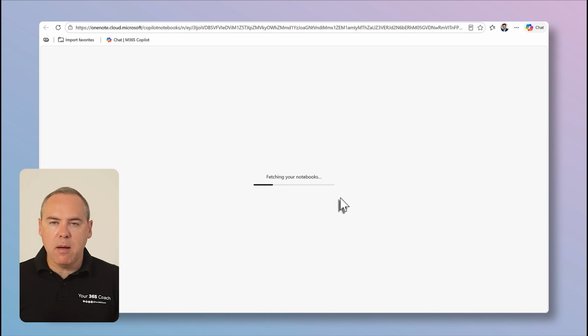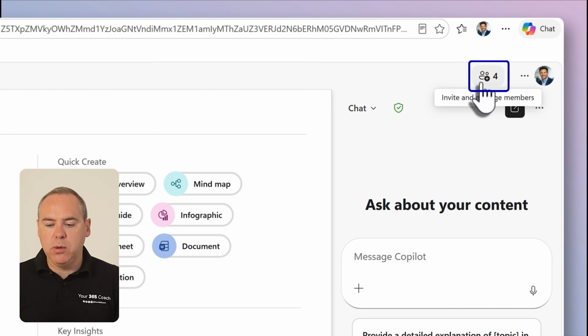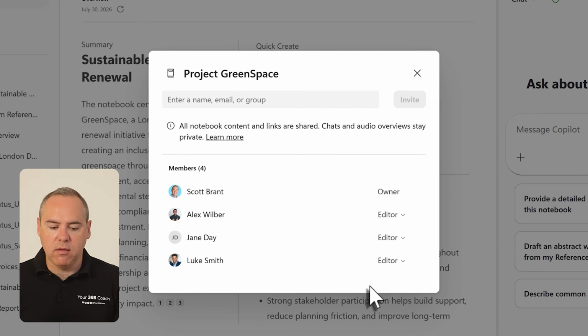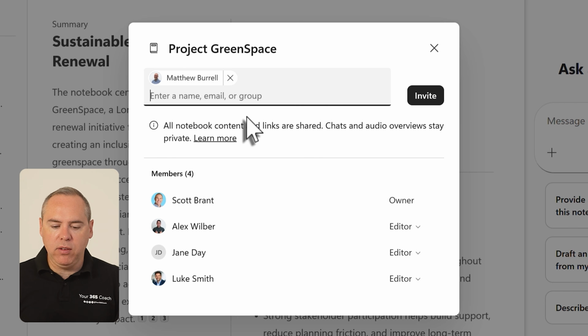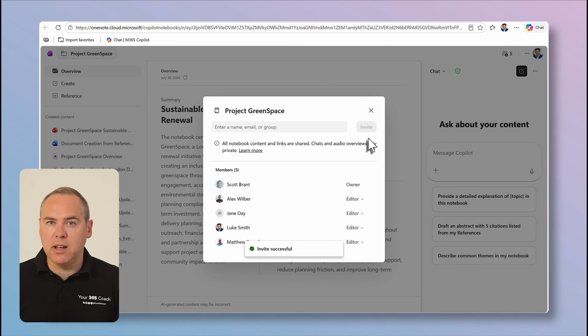the OneNote app. And within here, we can now go and share this with colleagues. To do that, on the right-hand side, we see invite and manage members. And these individuals already have access to the notebook itself. If I now go ahead and type in my colleague's name, Matthew, we can give access to Matthew in a notebook, and all of the references will also be given access to Matthew as well. That now means that when Matthew has a question around Project Greenspace, we can drop into the notebook, ask a question, use the references that me and the team have also added, and stay on top of Greenspace too. So again, a really good value add versus what we could do in Copilot Chat, which is pretty much more